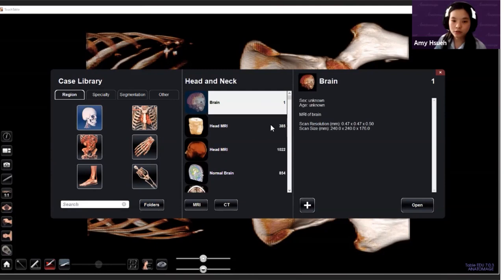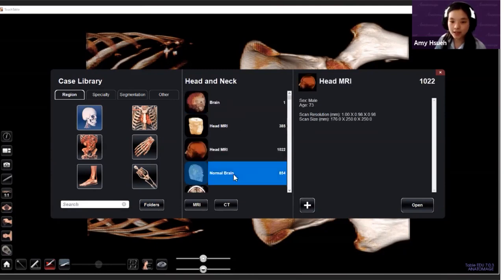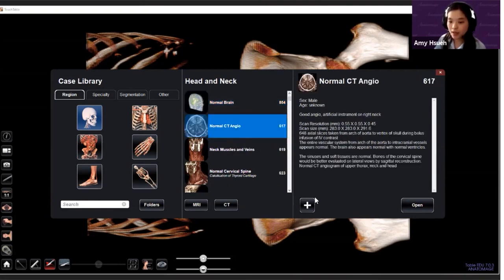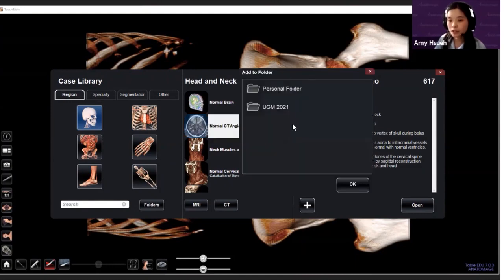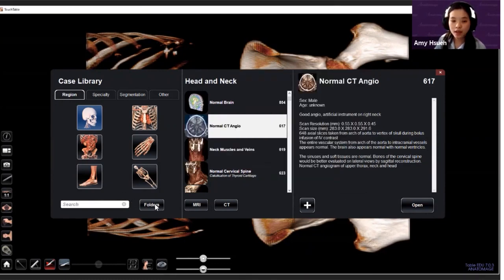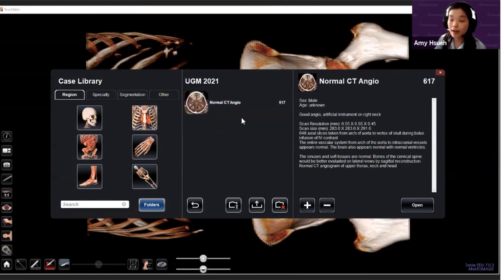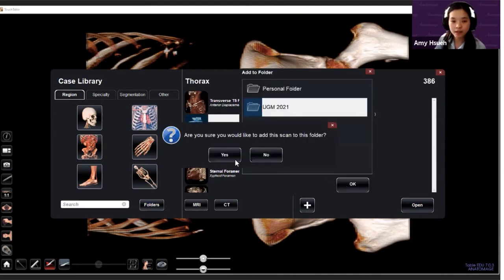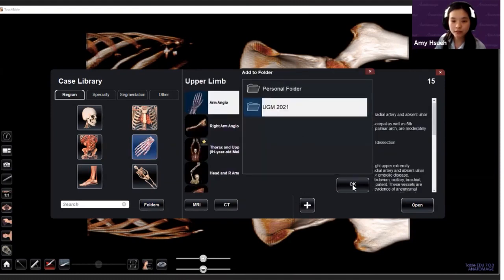So what you can do with this folder is, if you find any case that you like or find interesting, then you can select it. And then down here, there's this little plus sign. If you click on that, it will ask you to add the case to a specific folder. And you just select OK. And if you go back to the folder, then it will have the case listed out for you. So if you do that a couple more times,